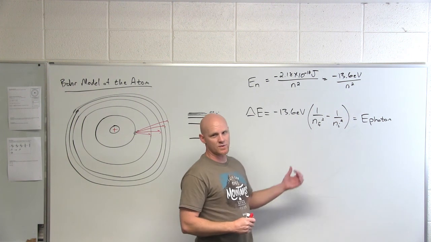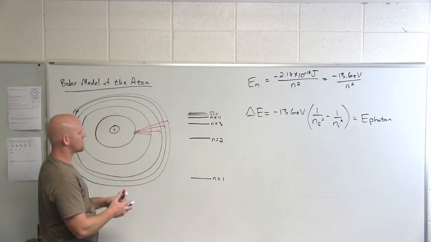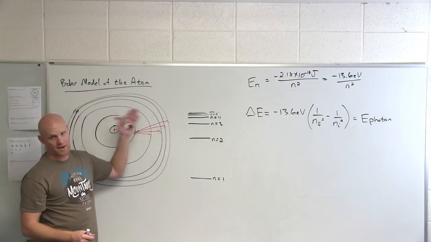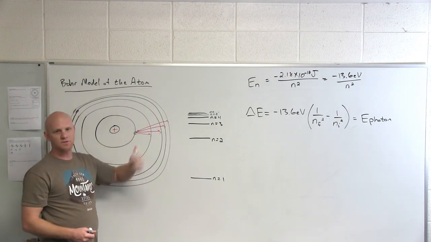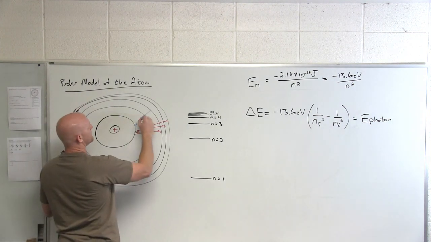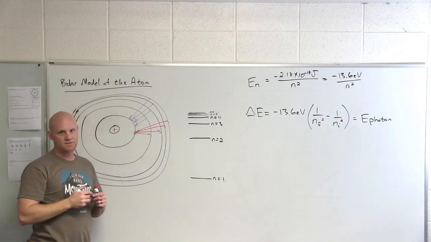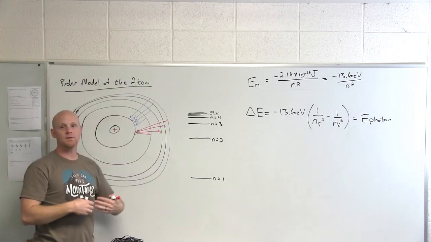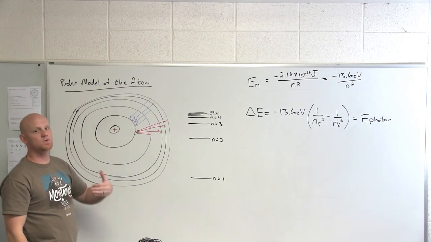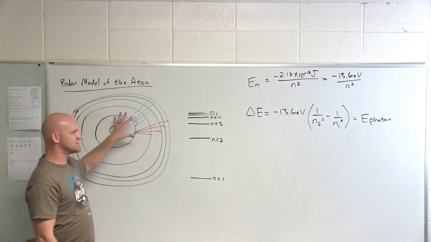So it turns out it works the other way as well. Instead of absorbing photons, you can also excite the atoms using electricity and stuff like that. Then the electrons might drop back down, and instead of absorbing a photon, this atom is going to emit a photon. But Bohr explained to a T the absorption and emission spectrum for hydrogen. Again, he struggled with all the other atoms, but he got it to a T for hydrogen.